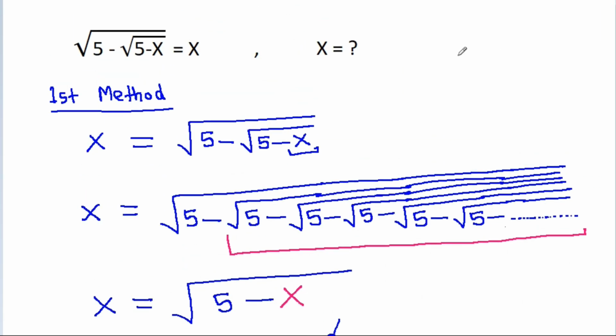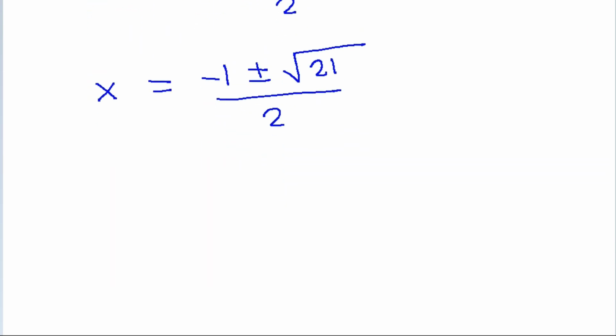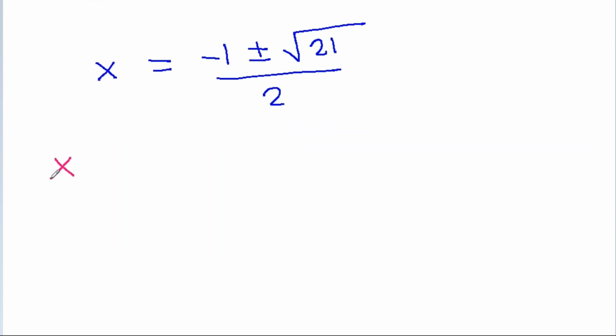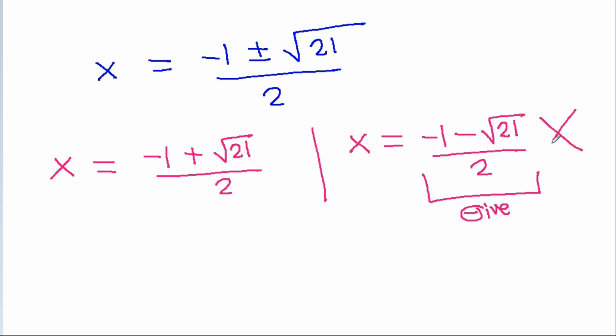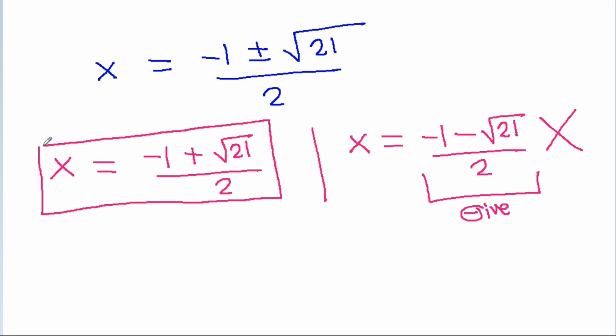and here the square root of any number should be positive, so x should be positive, and we get x is equal to minus 1 plus square root of 21 by 2 and x is equal to minus 1 minus square root of 21 by 2, and this is negative, so it is not possible. So x is minus 1 plus square root of 21 by 2,